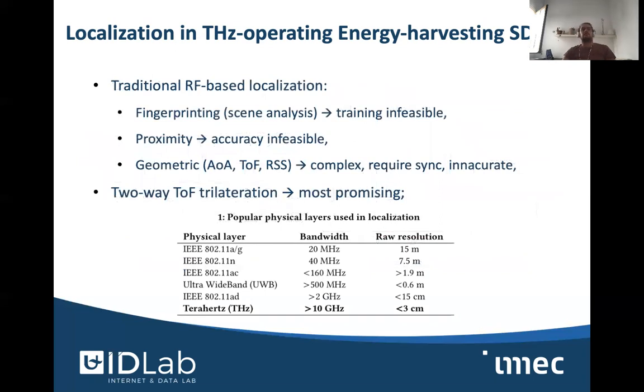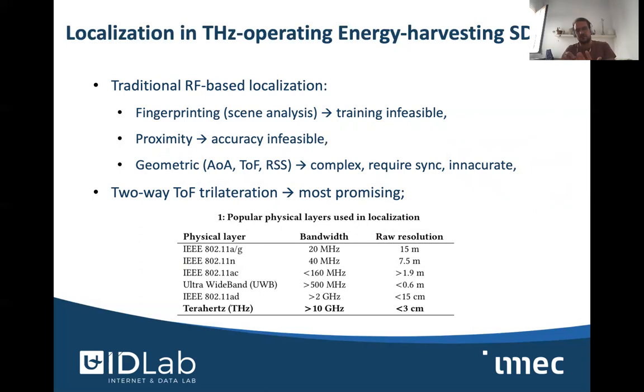In order to enable localization, we're going to take a look at traditional approaches for localization in wireless sensor networks. There are several potential candidates. One of them is fingerprinting or scene analysis, when you try to match a fingerprint of a location with the fingerprints stored in the database. You need a training database for that, and we're talking about the nanoscale, with the spacing between the nodes so small, and relative mobility and also absolute mobility. So you cannot really generate the training set that is needed for fingerprinting solutions. So fingerprinting is unfortunately not feasible, at least we believe so, for this context.